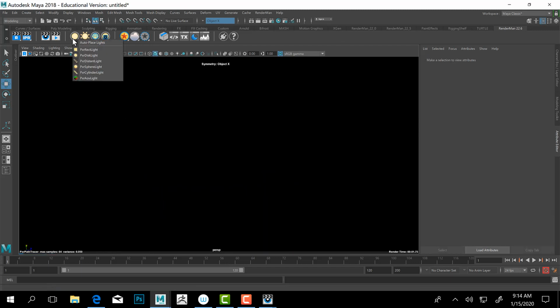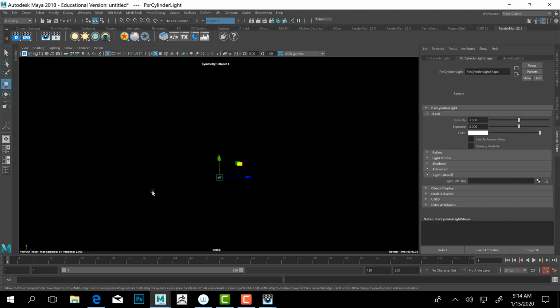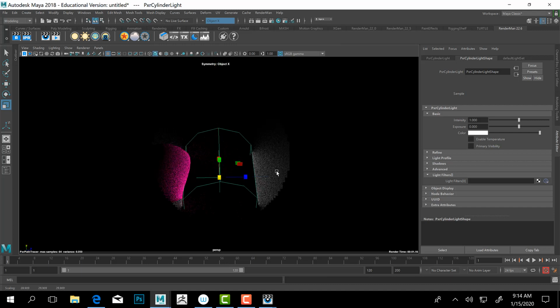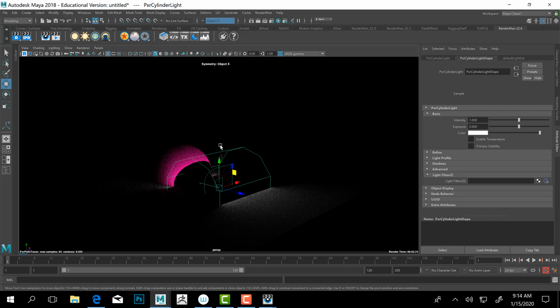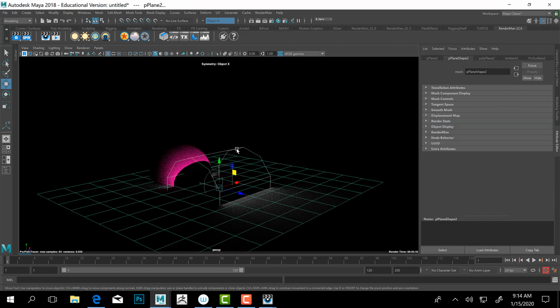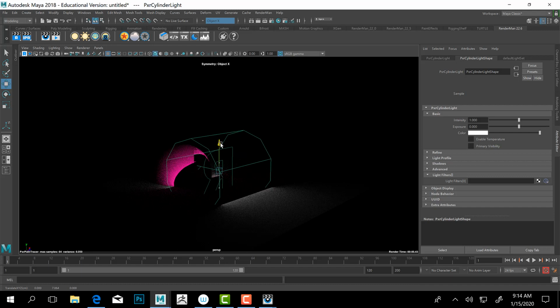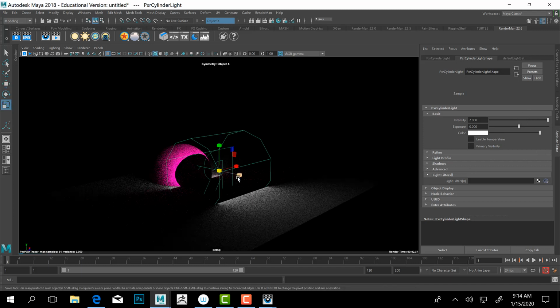All right. Cylinder light. This one is kind of interesting because it works basically as a volumetric shape. You'll notice that stuff inside of it is not illuminated, but it's emitting light directly outside of it. So if we go up and change intensity a little bit,